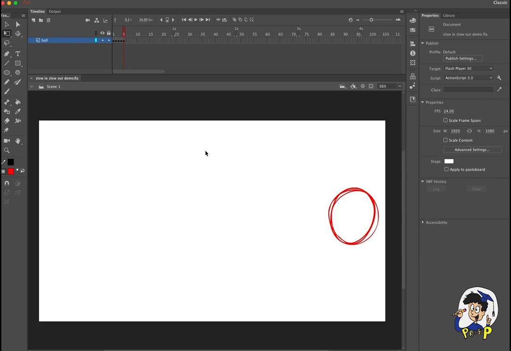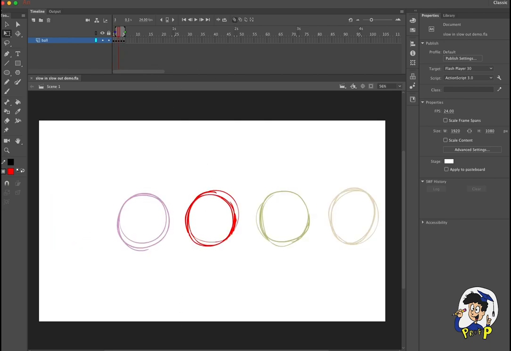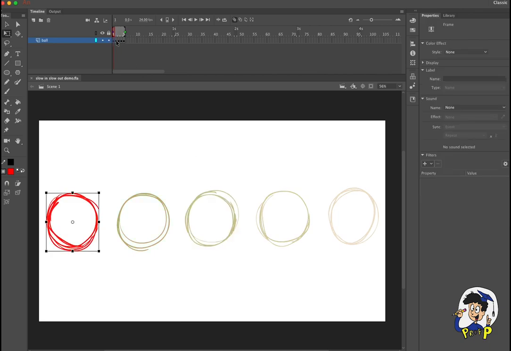The ball just moves right across the screen. You know, it's very mechanical. The ball moves across the screen. The motion is very even. So what we're gonna do now is add our slow in, slow out. So let's have the ball slow in,